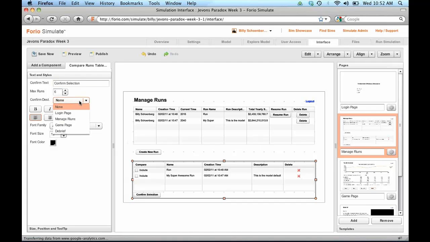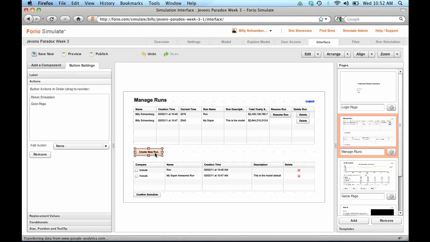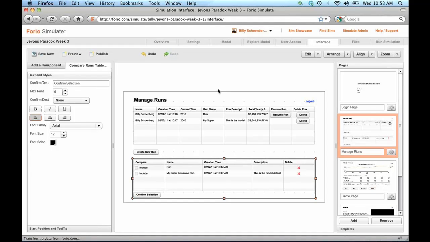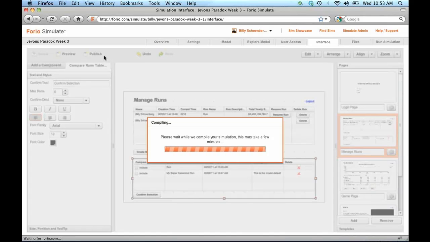If we wanted to, when you confirm which runs you want to compare, we could have that directly link you into the game page, but I'm going to leave it as going to no particular page, so that you can select a bunch of runs you want to compare, then resume a run, so that all in one page you can select all of the data that you want to appear on that graph. And there we go. So now I think we've got it set up so that we can do some run comparison. As the sim publishes,